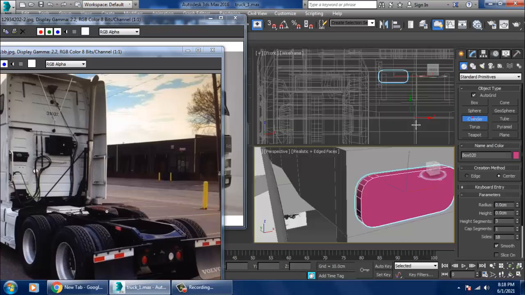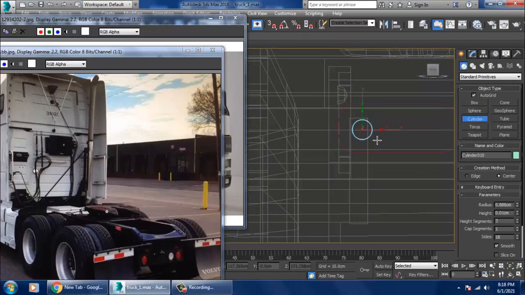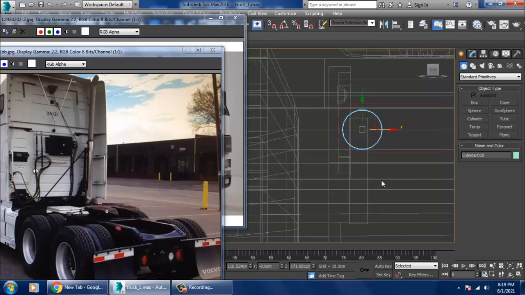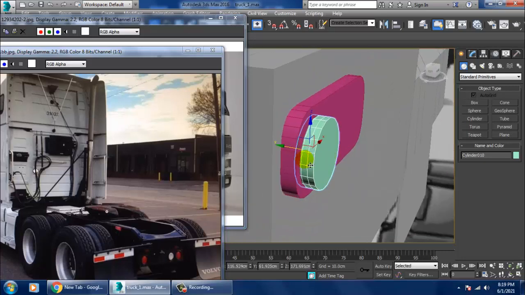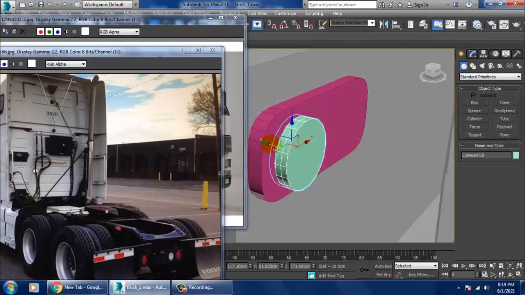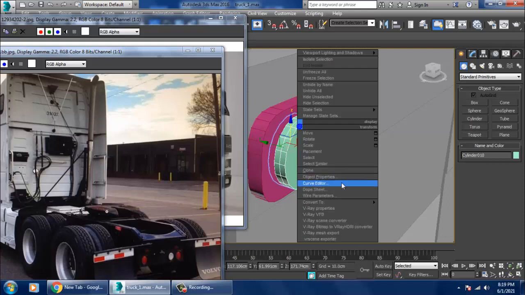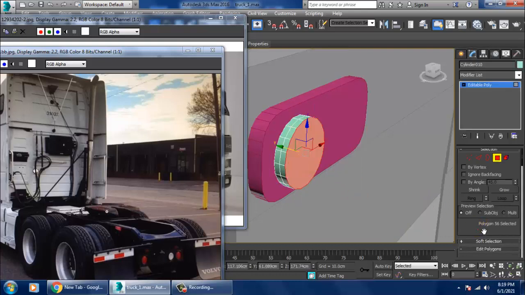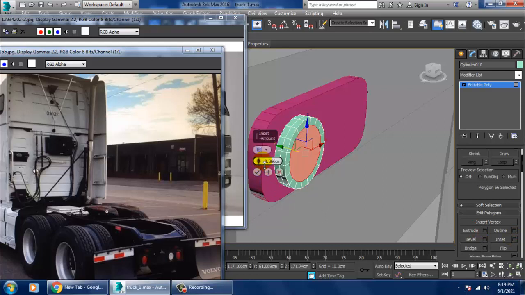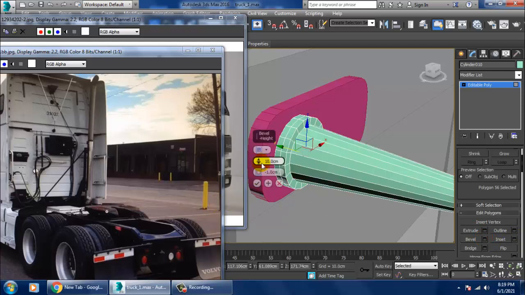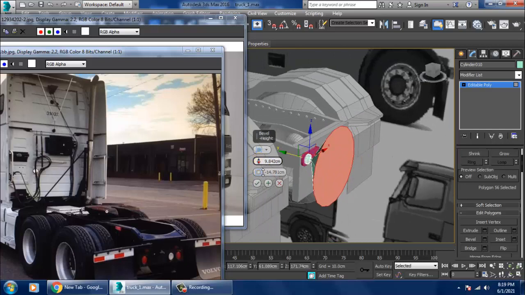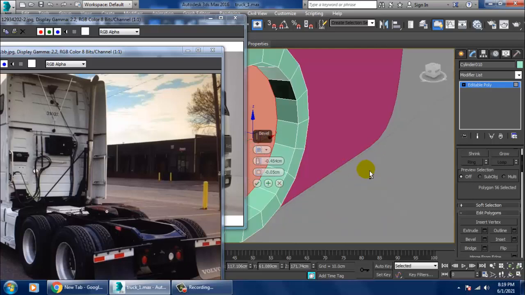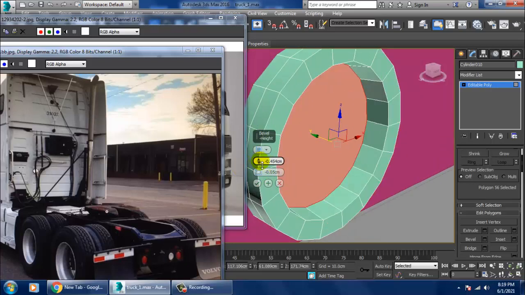So let's take again a cylinder. Let's just convert to editable poly, select the polygons, inset it, and let's give a bit of bevel over here, and click OK.